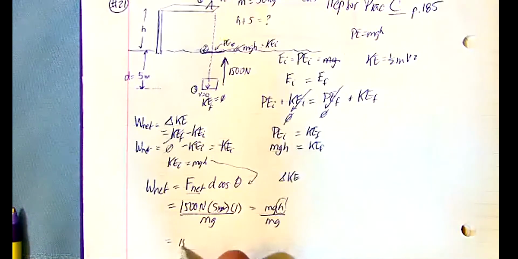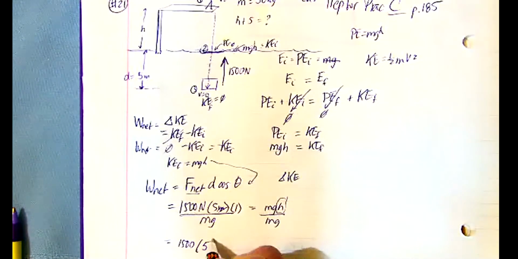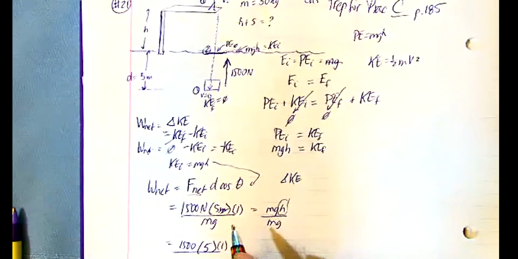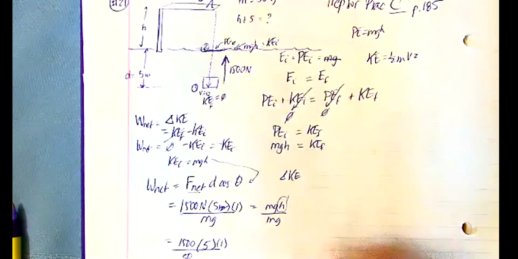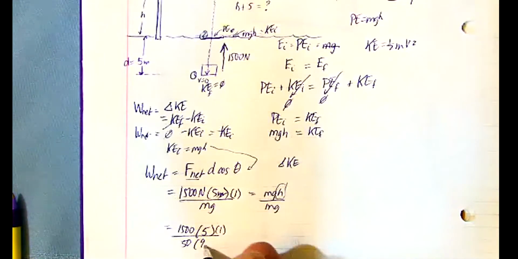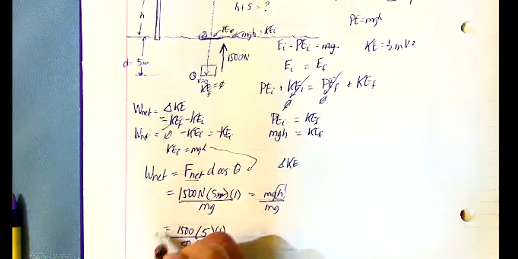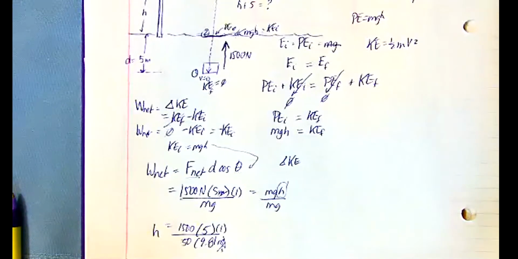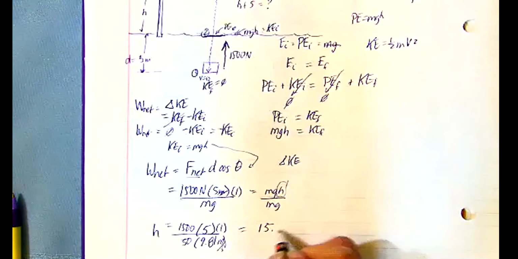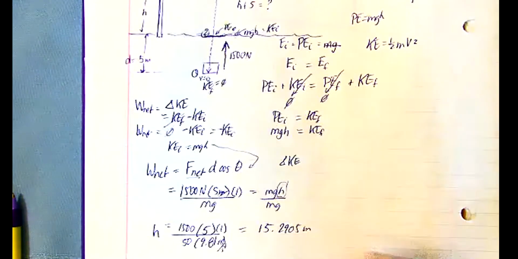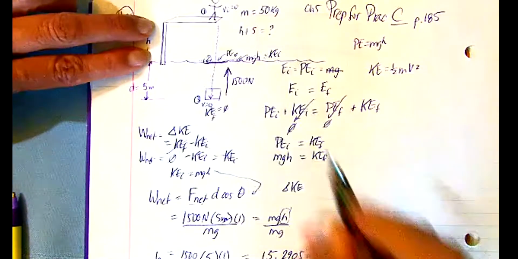Okay, so now I have 1,500. I'll leave off the units. 5 times 1 divided by the mass, and the mass was 50 kilograms, and then g, 9.81 meters per second squared. So we've got h. We plug that in, and I come up with h is equal to 15.2905 meters. And remember, that's this part from here to here, but the question they wanted to know is how